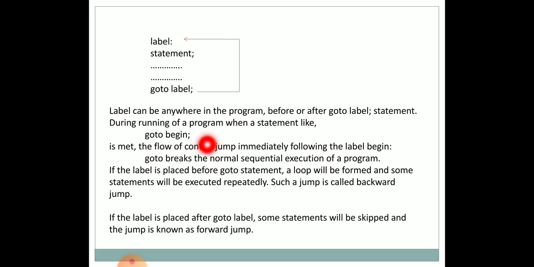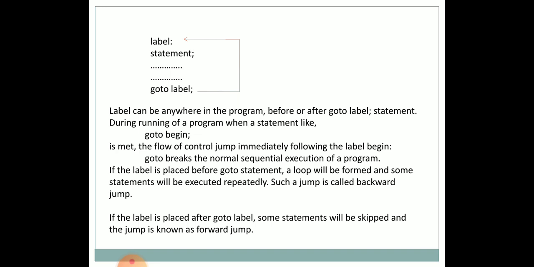That means it jumps immediately following the label begin. So it breaks the normal sequential execution of the program, and the statements given in between the label and the goto will not be executed. This pair of statements will be skipped, and the statement immediately following the label will be executed.